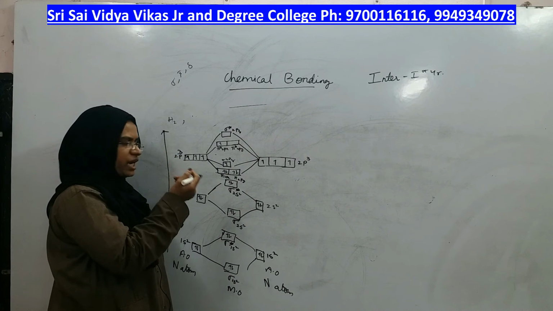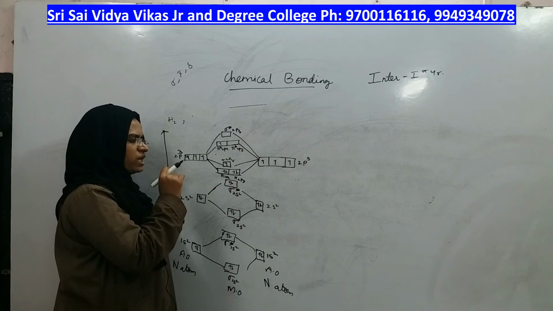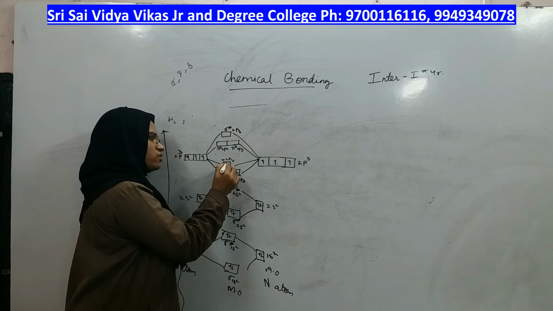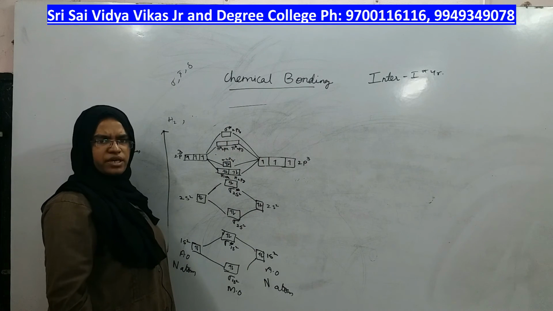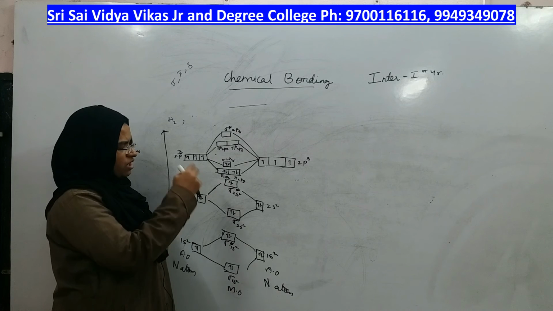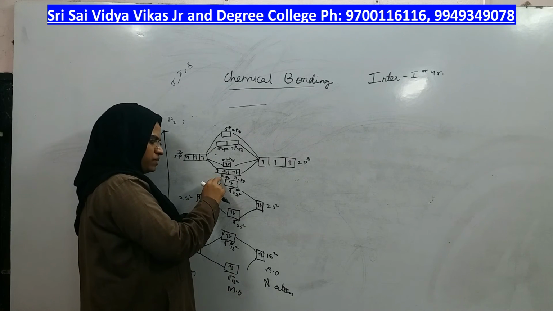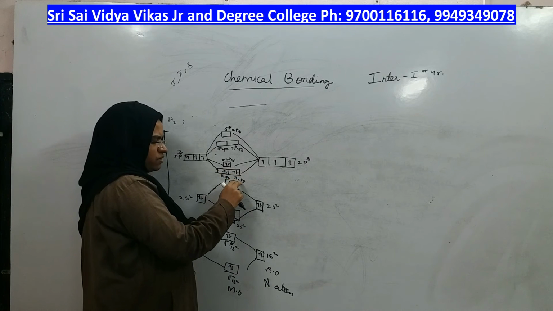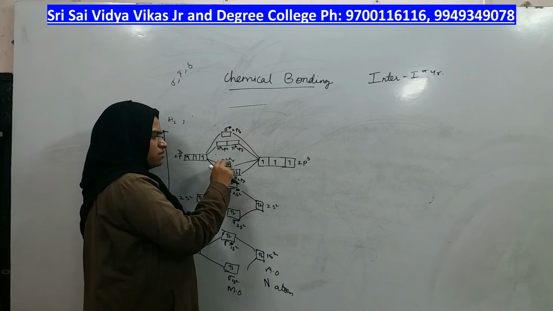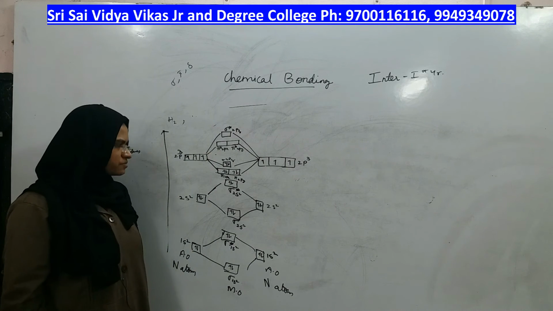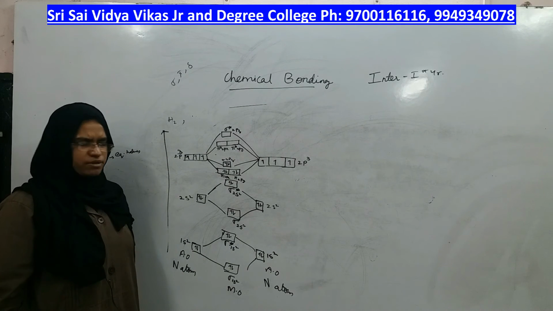No, I cannot add without pairing the lower energy orbital. I cannot go to higher energy orbital. So the 14th electron also should come here, right? So now there are 14 electrons, and pi 2px is having a pair, pi 2py is having a pair, and sigma 2pz is also having a pair. Pi means it is a pi bond, sigma means it is a sigma bond, right?